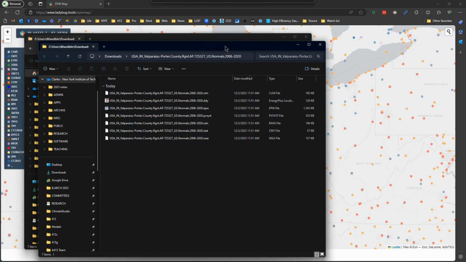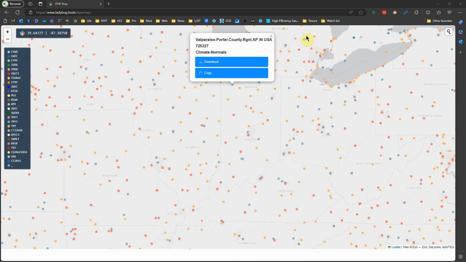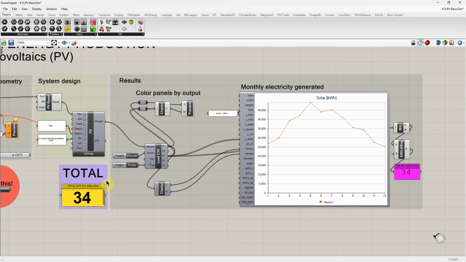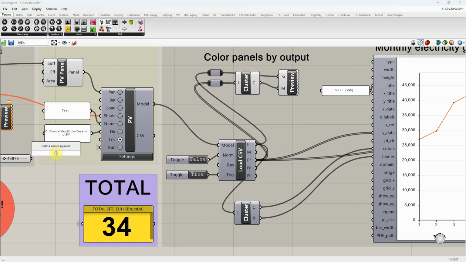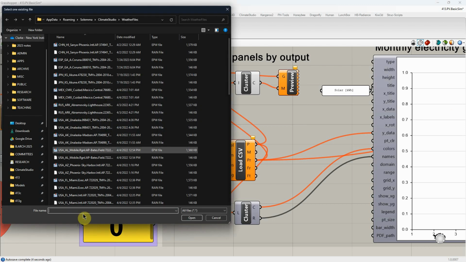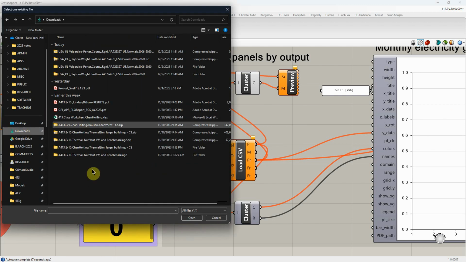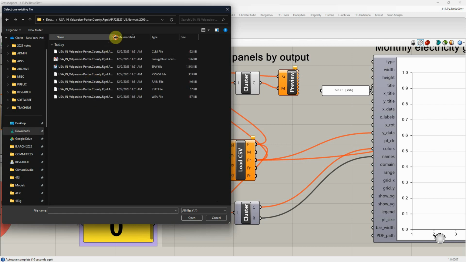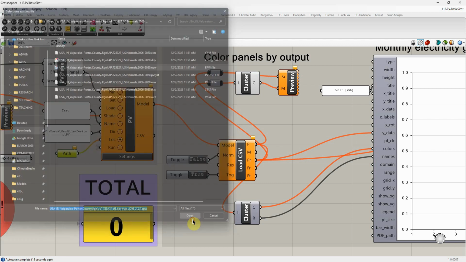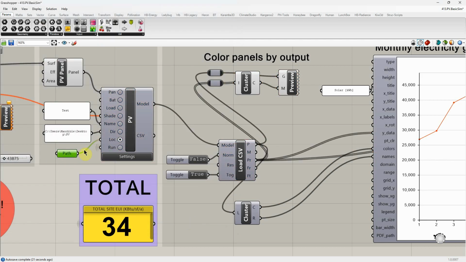So now if I want to access this single file, how would I do that? Let me come back to my script. I'm going to double click, type path. I see there's a file path component. I'm going to plug that into my location. If I now right click on this and go to select an existing file, go to my downloads folder. This is what I was just looking at, I believe. Because I'm making an example here, I'm going to select the EPW file and open it. Now that's the path. If I run this,